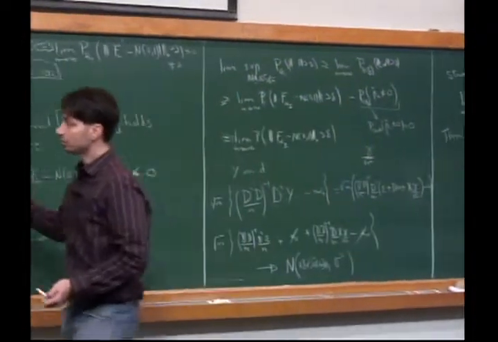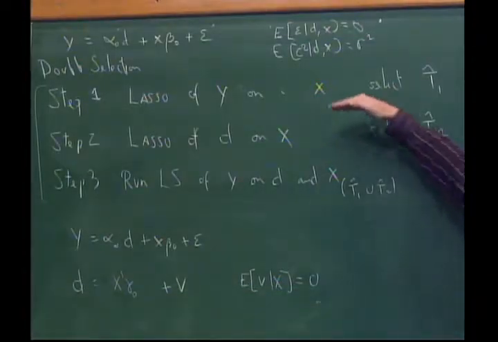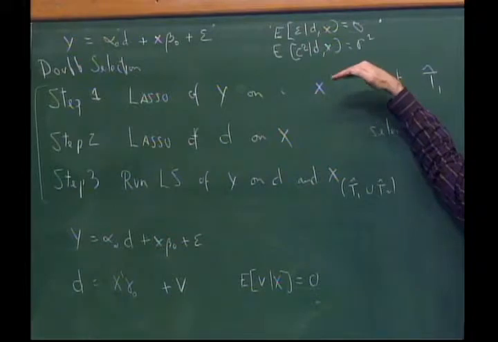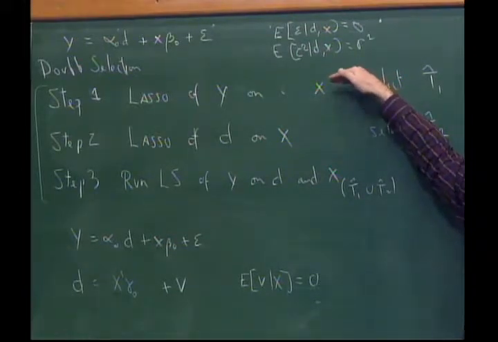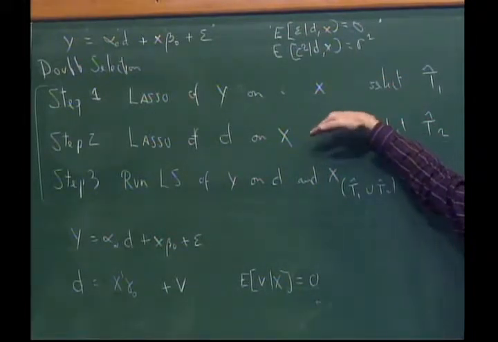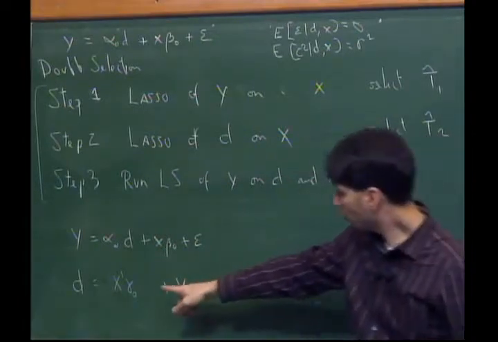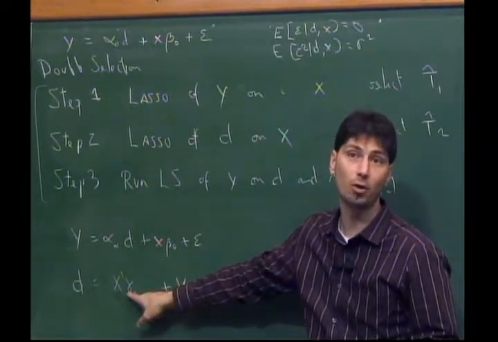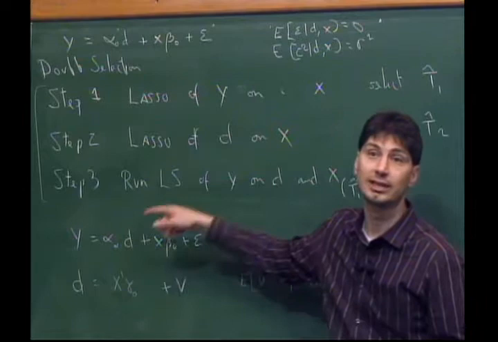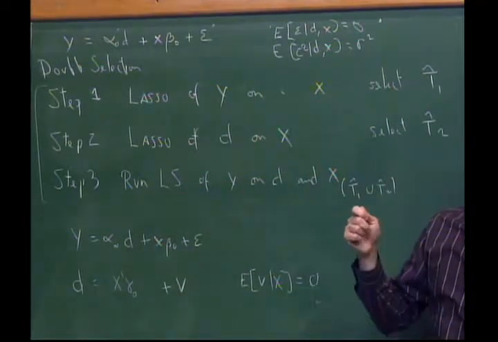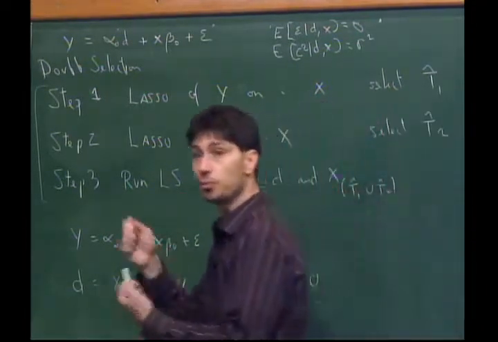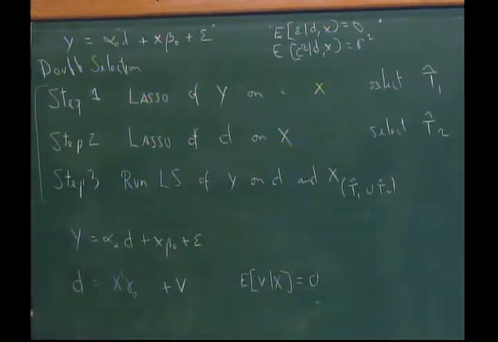If I miss a control in this equation, it means that the beta n is small. If I miss the same control in this equation, it means that the correlation with d is actually small as well. The compounding factor is the product. There will be conditions under which this product actually is going to be negligible at the root n rate. And that's how we're going to get the result.